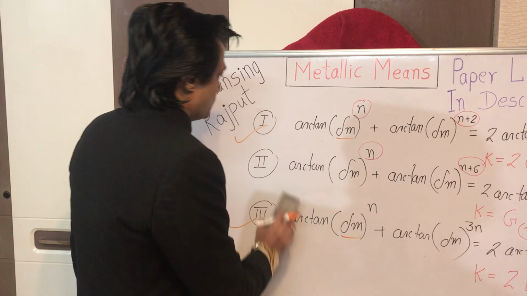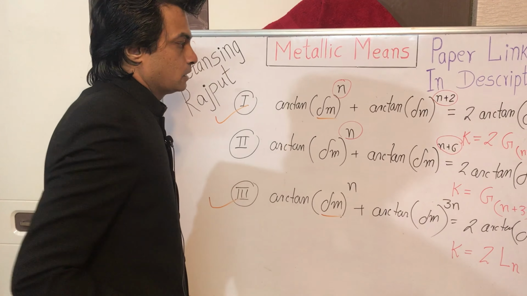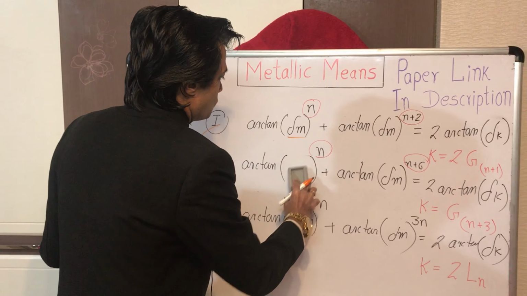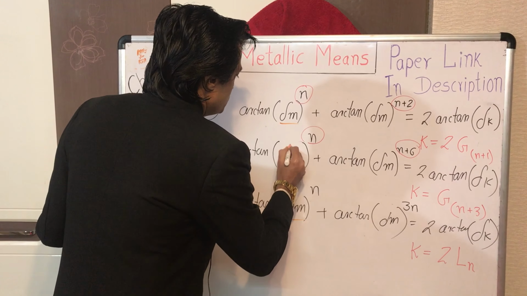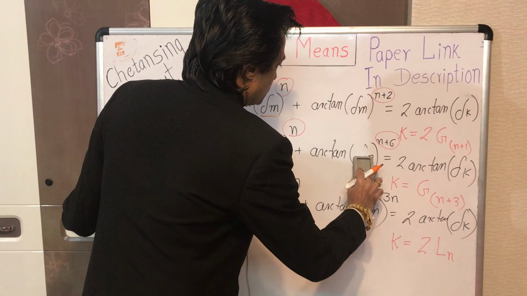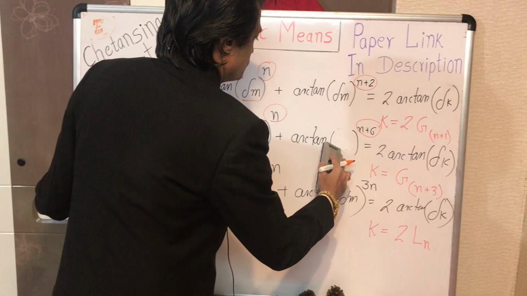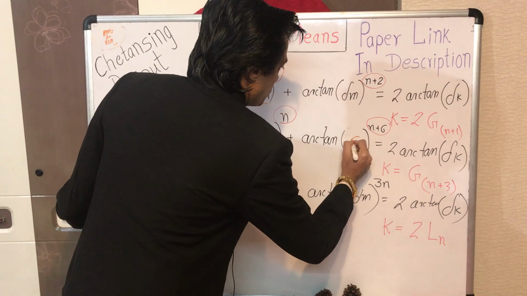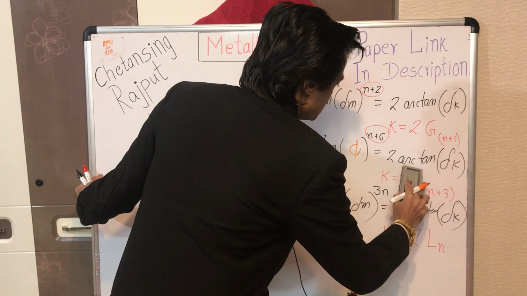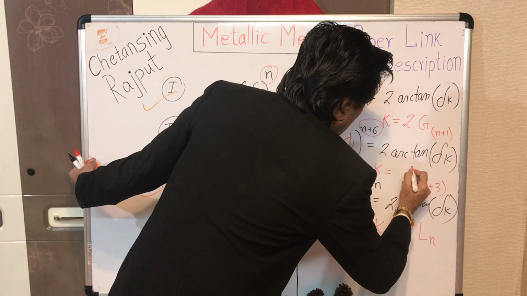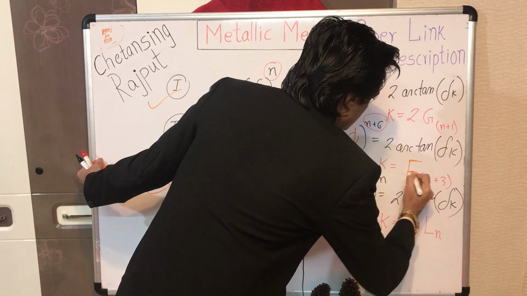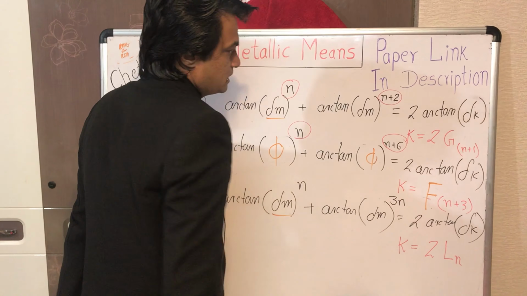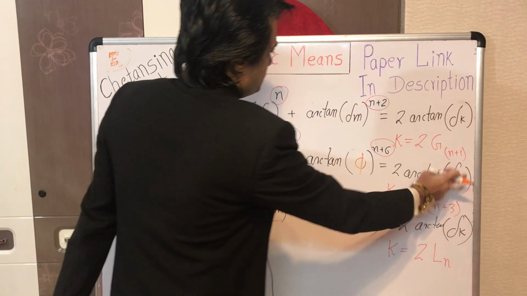But the second formula, this is applicable only in case of golden ratio. Okay, the second formula is applicable only for golden ratio. All right, first and third formula are applicable for any metallic ratio. The second formula is applicable only for golden ratio, and hence it becomes Fibonacci sequence. This term of Fibonacci sequence that equals the k, and we get the value of kth metallic mean here, the precise value.